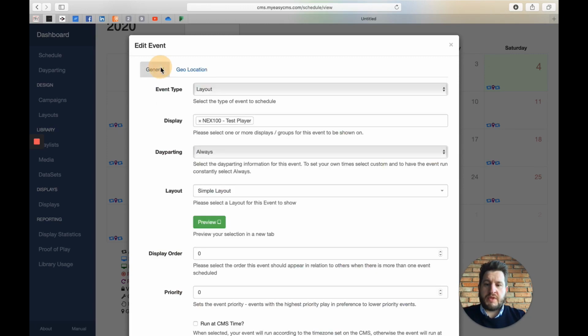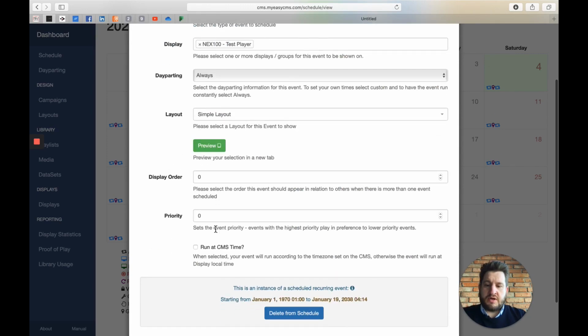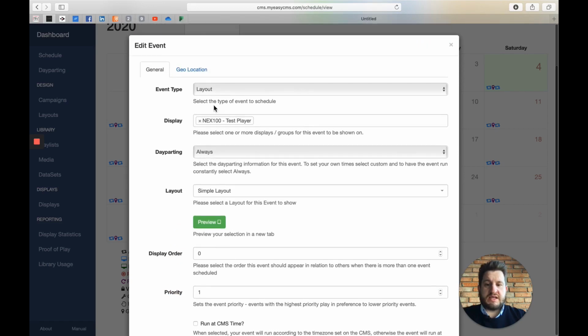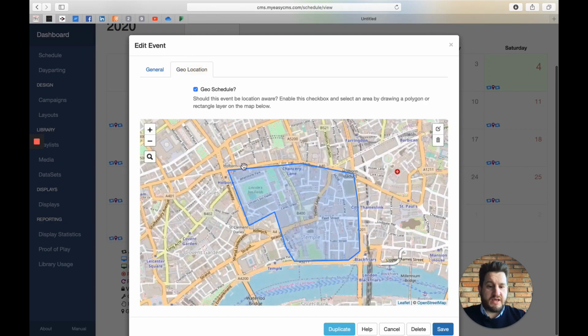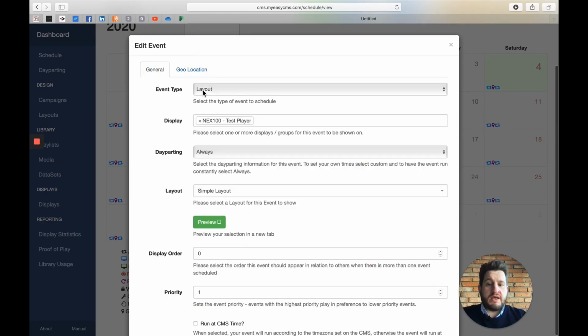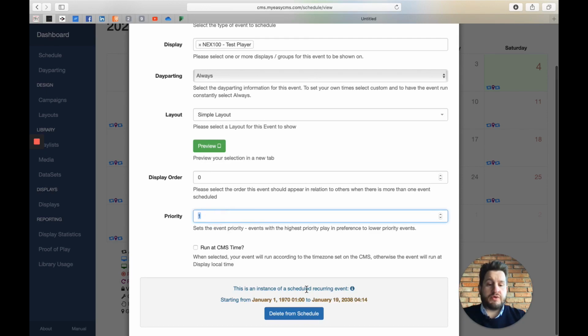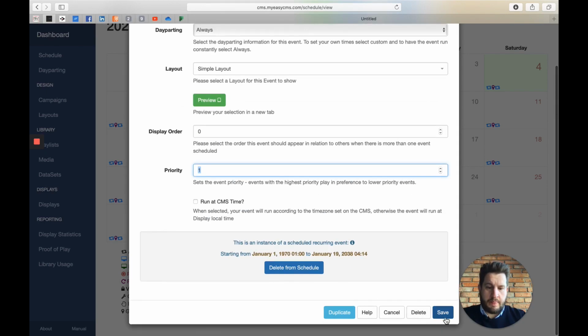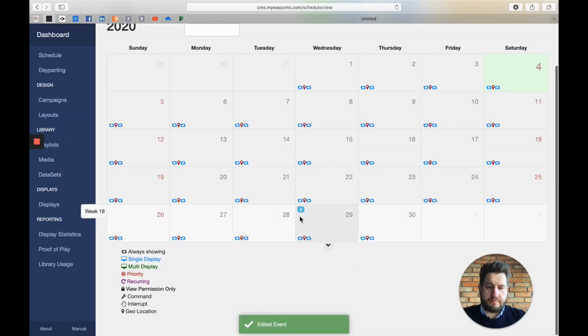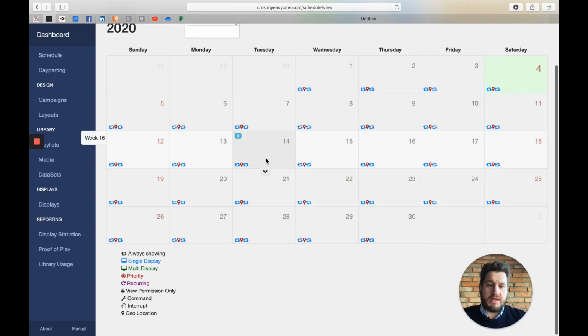We could say, for example, that the priority would be 1. So let's say that when the bus goes through this specific area, the only layout that would play would be the simple layout because it has a priority of 1. And I will save. And as you can see, it's added here. It's like a little icon for the map. And so the schedule